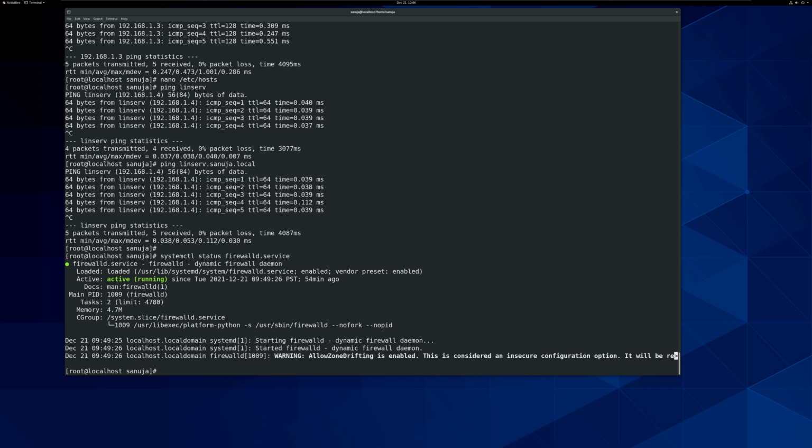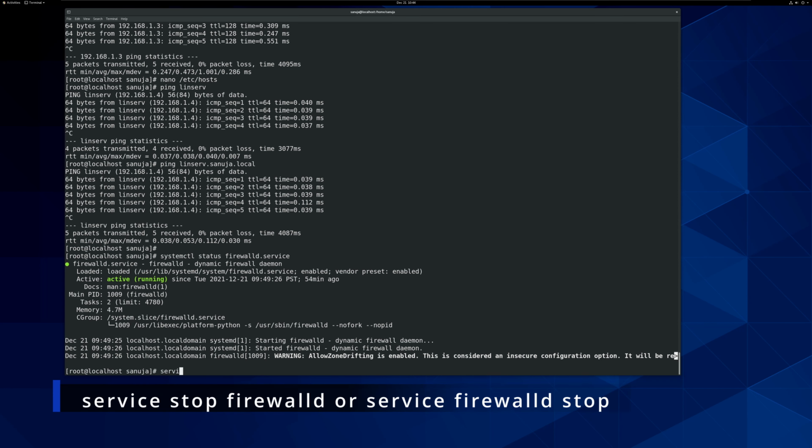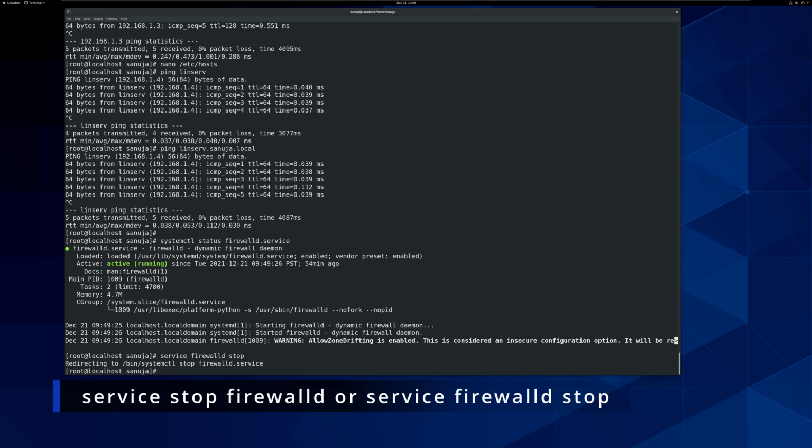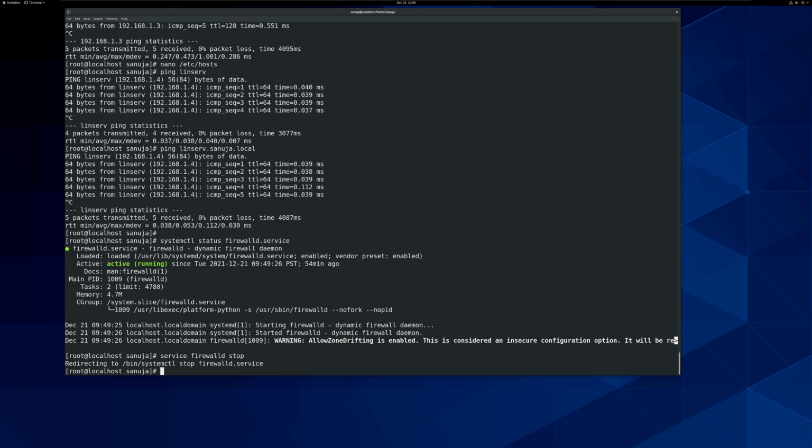So how we're going to fix it is we're going to go service firewalld stop and press enter. And then what we're going to do next is we will make sure the firewall is completely permanently disabled even